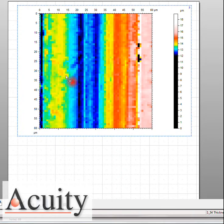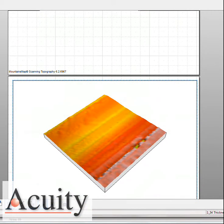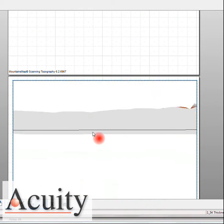Here's that same area that we've scanned, 60 microns by 60 microns, and you can see we still have the two little areas that have a little defect in them. But let's go ahead and look at the scan, and take a look at the 3D view. And you can see that we're getting pretty good results. And if we zoom this up, you will see that we have